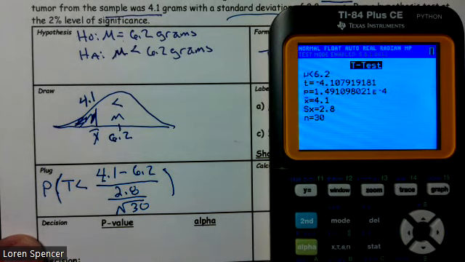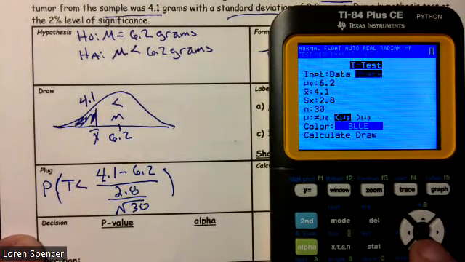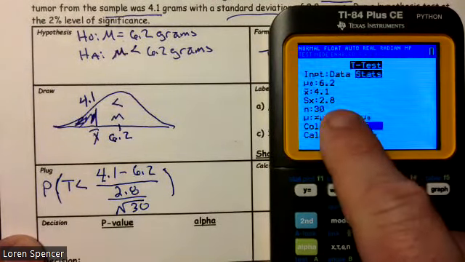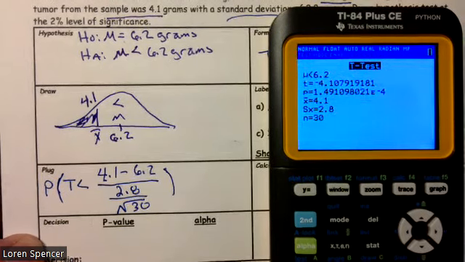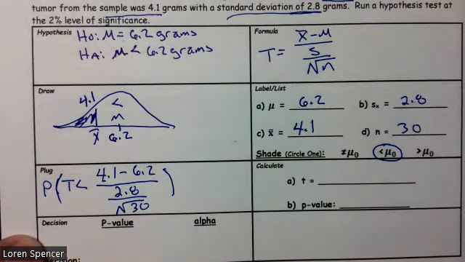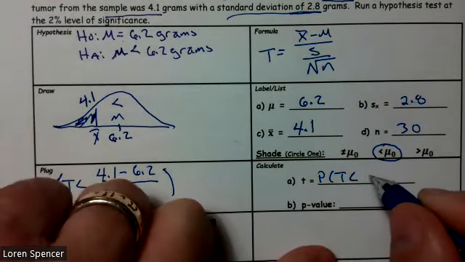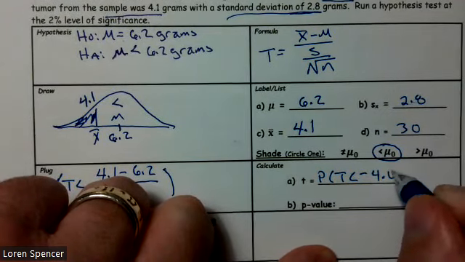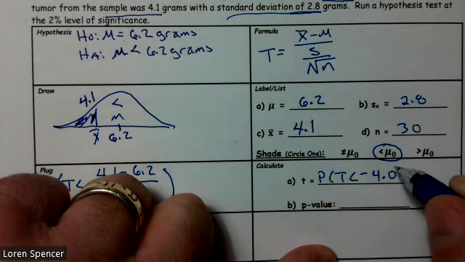So, stat, test, number 2, t-test. We have statistics. There's our mean of 6.2, our sample mean of 4.1, our sample standard deviation of 2.8, our sample size of 30, less than is highlighted, and we calculate it, and we get a t-statistic of negative 4.1079. So the probability that t is less than negative 4.1079 is